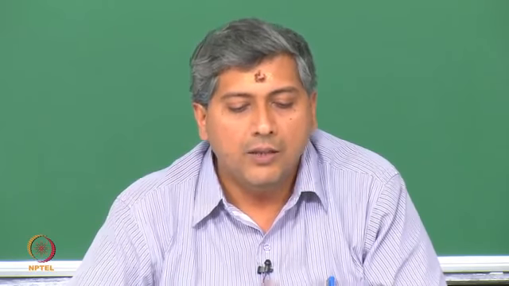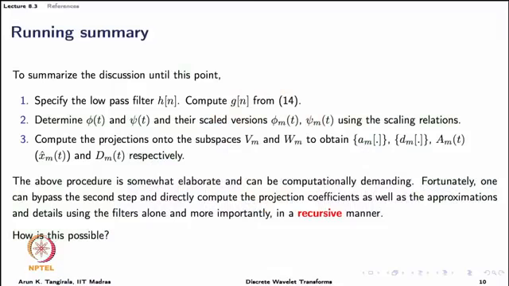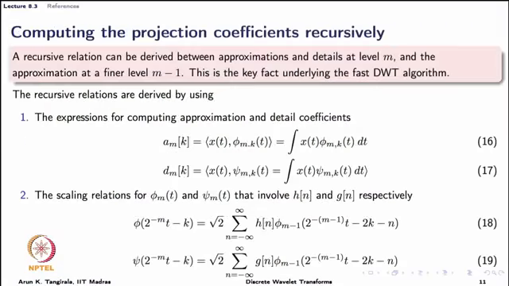Once I have the coefficients, obtaining the approximations and details, that is the big A and big D, involves simply reconstructions, and we will talk about that, and we will see that there exists a fast algorithm for doing that as well. Now, the question is, how is it possible to derive a recursive relation? What is that relation? Now, to compute this recursive relation,